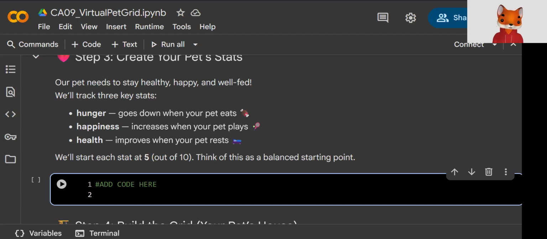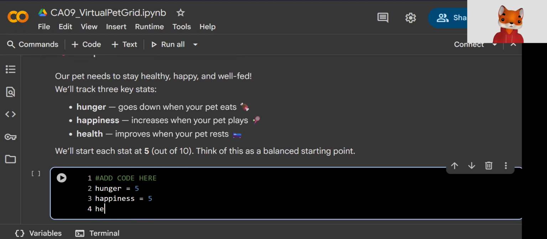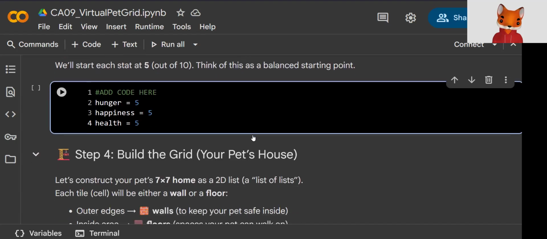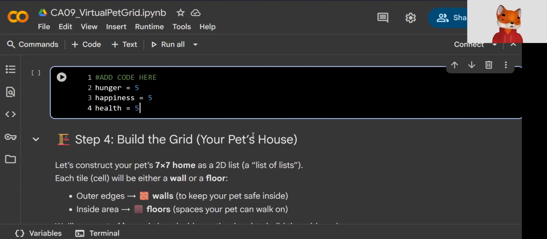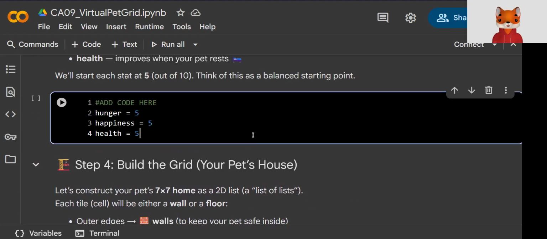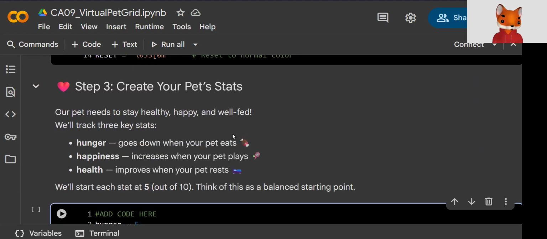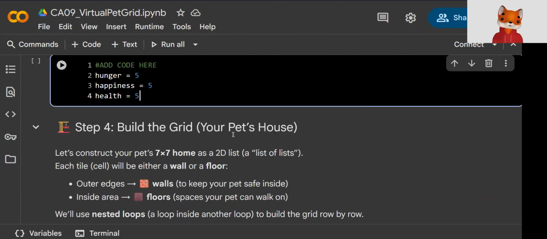So in this first setup here, I'm just going to type in hunger and set that to 5, happiness and set that to 5, and health and set that to 5. Now these variables track the pet's well-being, and we know that it's going to be from 0 to 10. We know that hunger is how hungry the pet is, happiness is how much fun your pet is having, and health is overall well-being. So now that we have this section here, we've assigned those values to those variables in the pet stats here. We're going to move on to